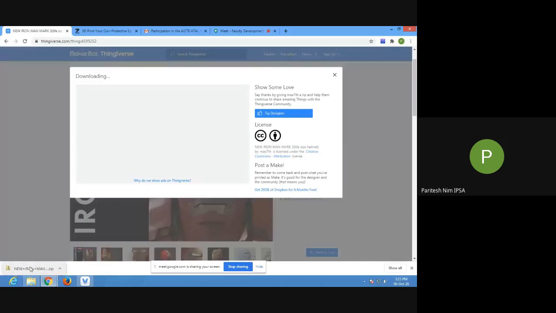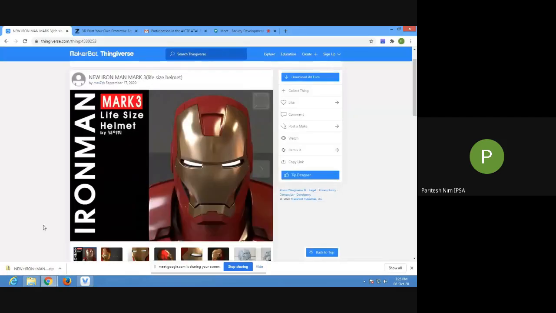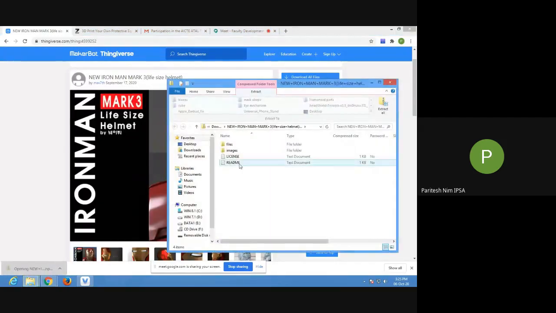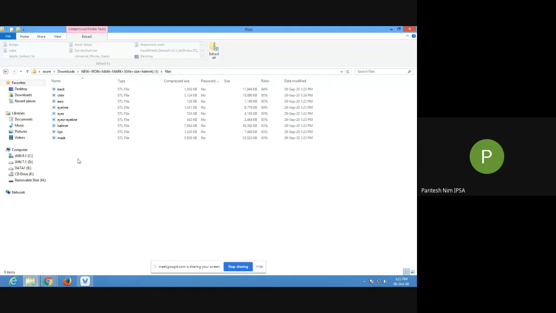My file is downloaded and it is ready for use. So this is the file of Iron Man. Back, chin, ears, eyeline, eyes plus eyelines. All these are the Iron Man files, already in STL format. You can see that the type is STL file.